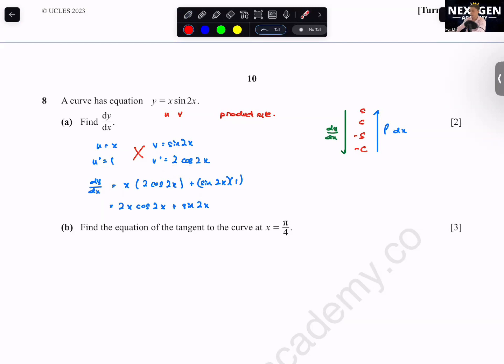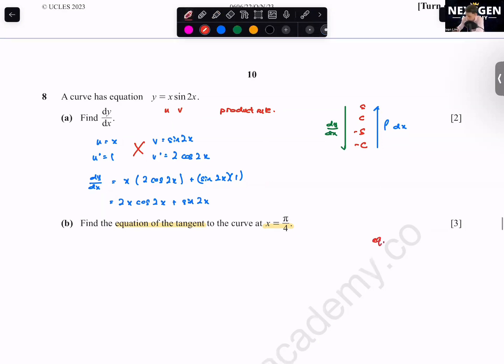Next one. Find the equation of tangent at x equals pi over 4. The first application of differentiation that we learn in the textbook is equation of tangent and equation of normal. What are the steps for equation of tangent? We need to think. Tangent, it is,